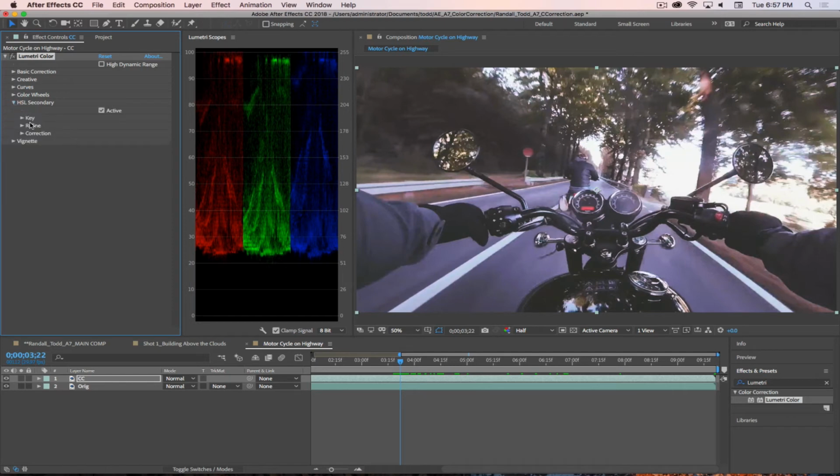HSL secondaries. So secondaries is really cool. Secondaries allows you to go in and refine specific colors again, separate from the hue saturation wheel. So with Oh Brother Where Art Thou, they took all the greens and turned them very orange, right? So if you wanted to do that with your image, you come into the HSL secondaries and select your color, and you can create specific selections for specific colors inside of your image,